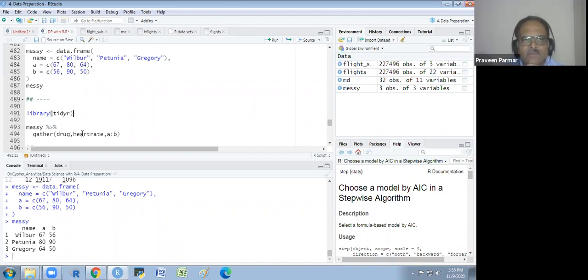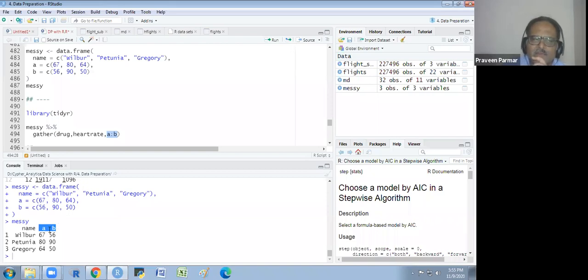So I am gathering it by drug. Drug is what? And the heart rate, and A and B. So drug is this. Whatever the drug, I have to mention here. That is the column name.